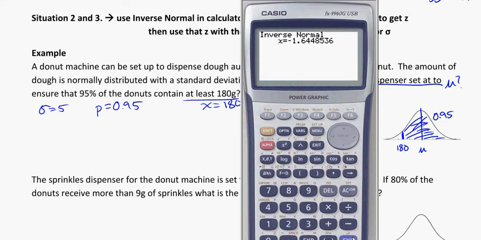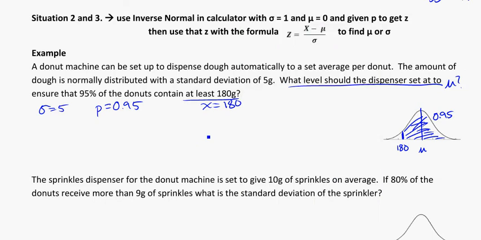And when I press enter, that x is actually the same as my z value. So this here will tell me how many standard deviations I am away from the mean if I've used a normalized curve. So that's minus 1.644. So that tells me minus 1.644 that I am that many standard deviations away from the middle, and that's my z value using the standardized normal curve. So that was using the inverse normal,